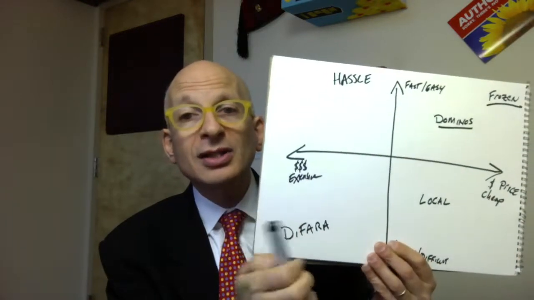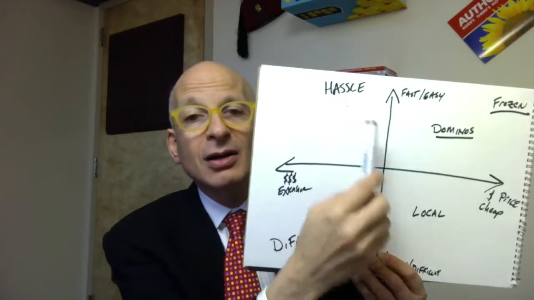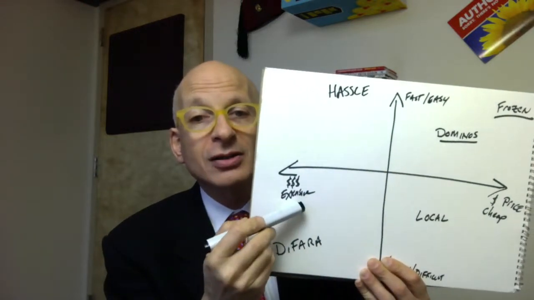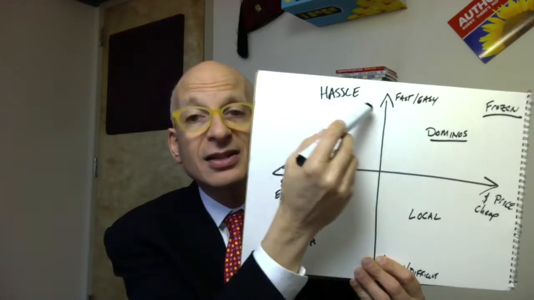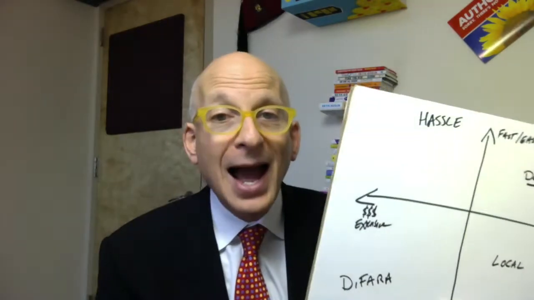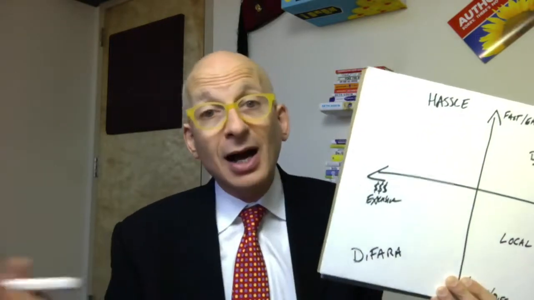So you can say, oh, you know what? There is nobody who is dominating the market for as good as DeFara's, worth paying a lot for, but also super fast and easy. If I could make that, right? If I could make a $25 frozen pizza, I could win. Well, it turns out someone did that. And if you go to the Whole Foods Market, you'll see it right next to the generic frozen pizzas. You might see Vermont flatbread, for example.